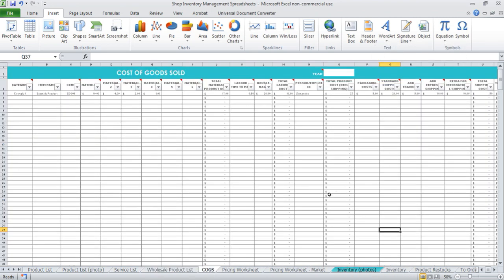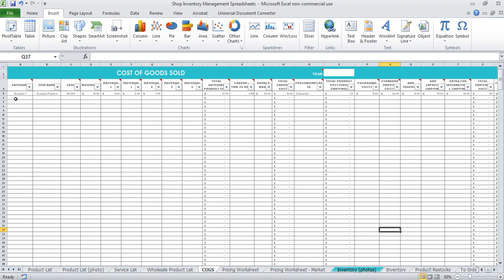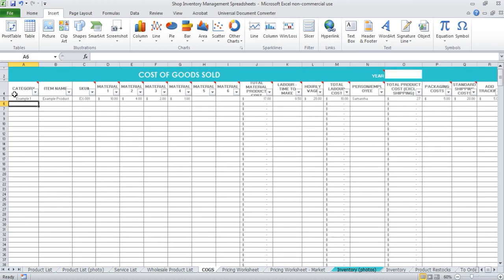Alright, next spreadsheet is the cost of goods sold. Now don't be intimidated, I know this is a rather large spreadsheet with a lot of columns. Don't be intimidated, it's actually super simple. Just go through each column line by line. Don't be overwhelmed. So the first one is the category, just like before, item name, SKU, and then we go